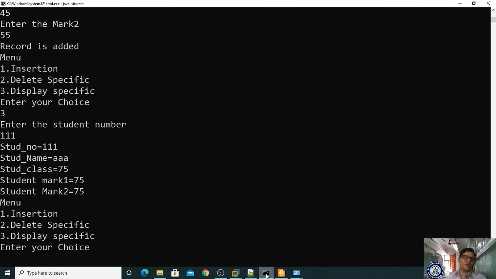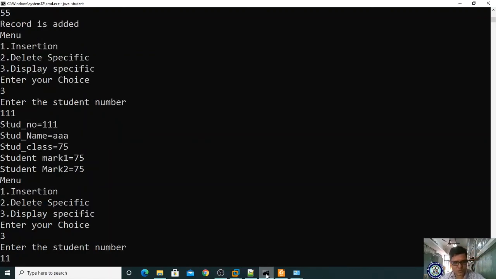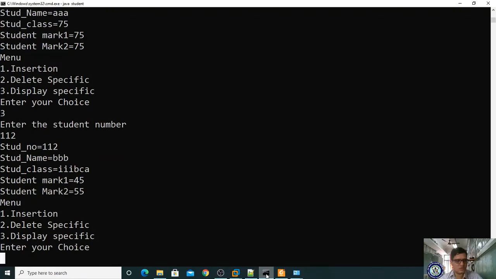So it is now displaying, right? Okay, so we had made some mistake, I think so. That is why it had not displayed. Now it is displaying. Okay, code is working properly. Don't try to make any modification. And let me try to display 112. Yes, it is also executing.